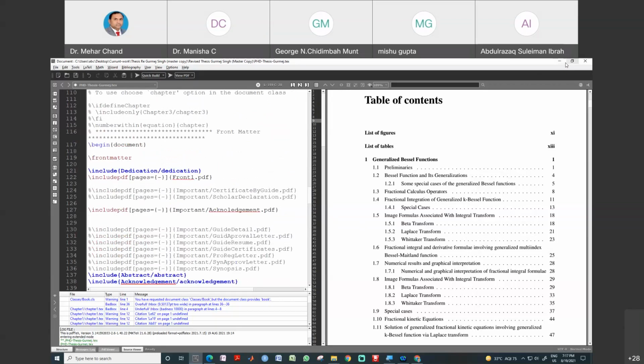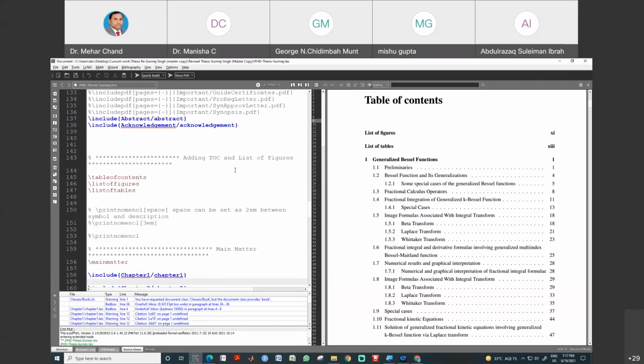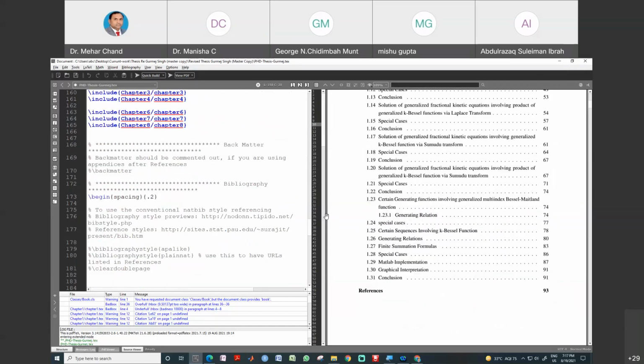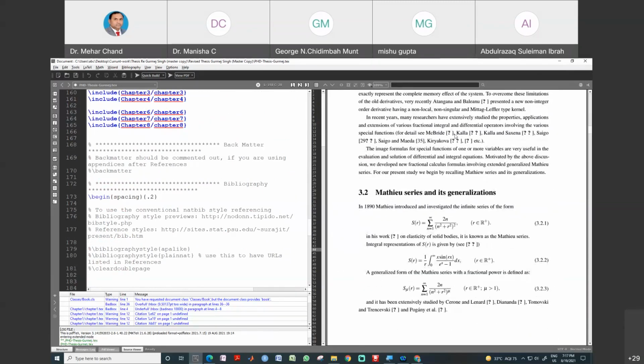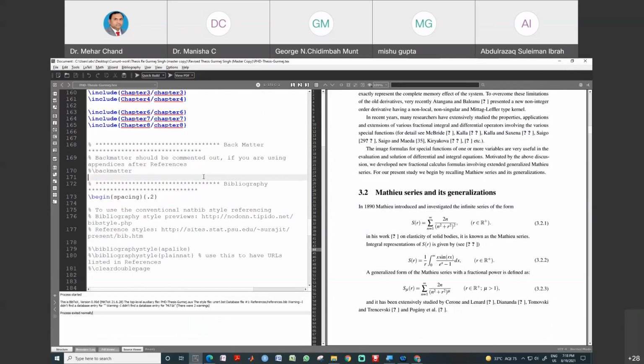And the next most important thing is that Control Z. You see that some information is not reflected at this place. These are references. So press F10, F11, F12. When you press these keys and again execute this file, the information will appear. The missing information will appear in your document.